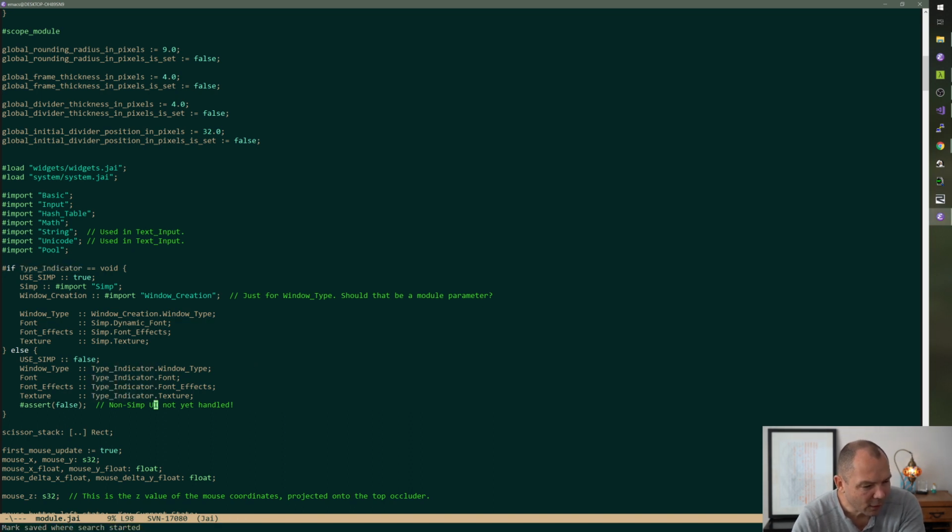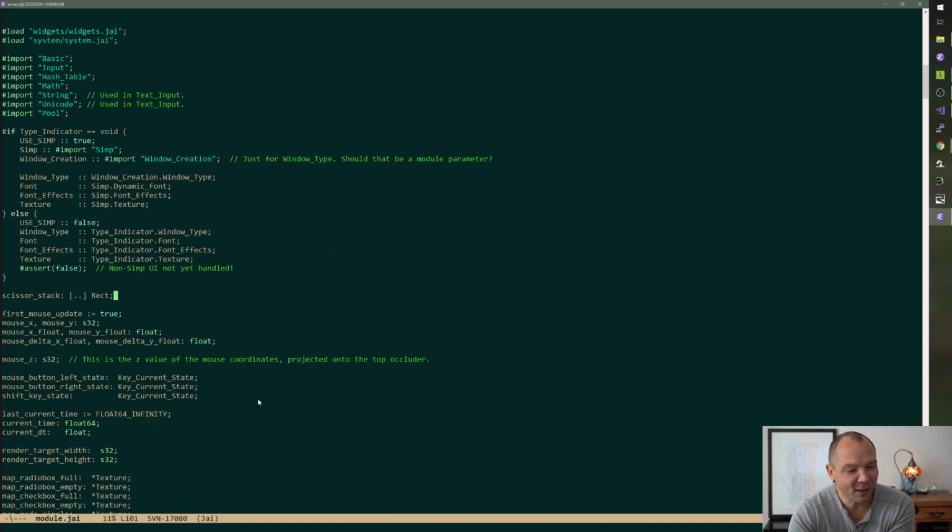Well, except I need to take this assert out. It's just because I haven't tested it yet that this assert is in here. So it's not tested, but it's being structured that way. And in fact, this is modeled after